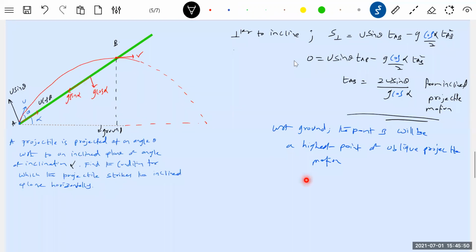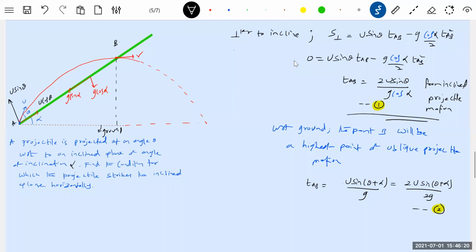Okay, let's write the time of flight, the time taken to move from A to B. In that case, what are we going to write? U sine of theta plus alpha by G, half of the time of flight. Then I'll adjust both the numerator and the denominator. So that is equation 1, and that is equation 2.